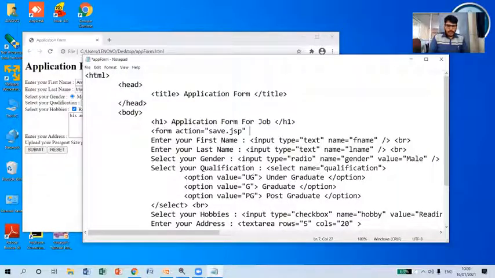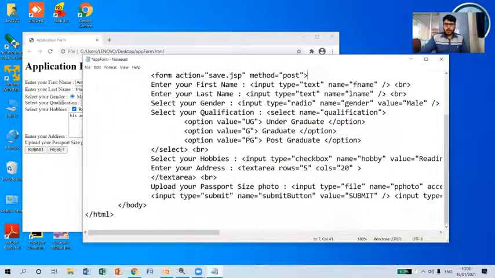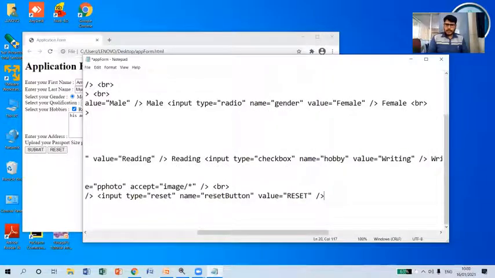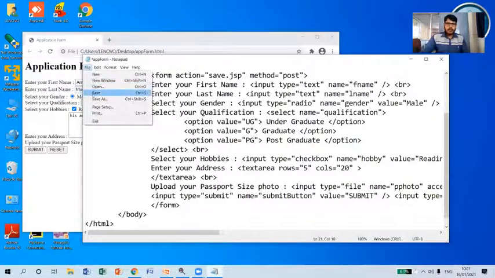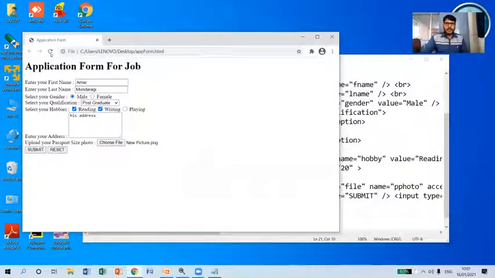Okay, and I need to include method as post here, and I'm going to close this form opening tag, and after this I want to include the closing tag of the form. Okay, so now I need to save this and reload this.